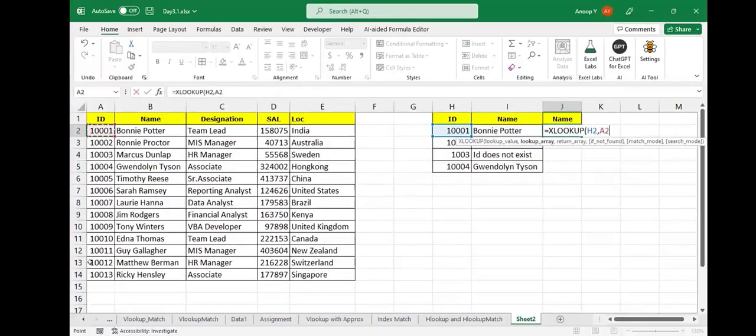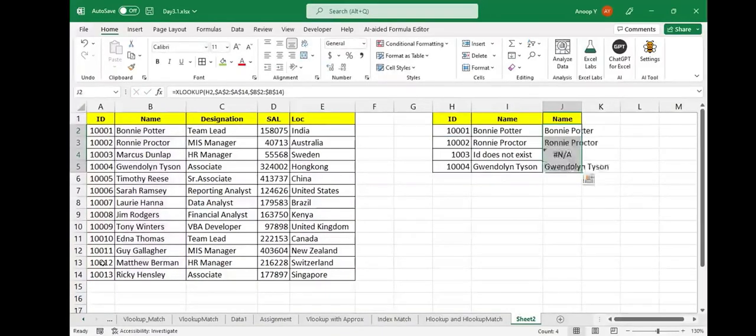It means in which you want to search the lookup value. Comma, return array. Which column you want? I said name, this one. Okay, comma. It says if not found, then okay, I'm not giving this one as of now. I'm pressing enter. Now if I drag it, see, I'm getting the same data, first of all,